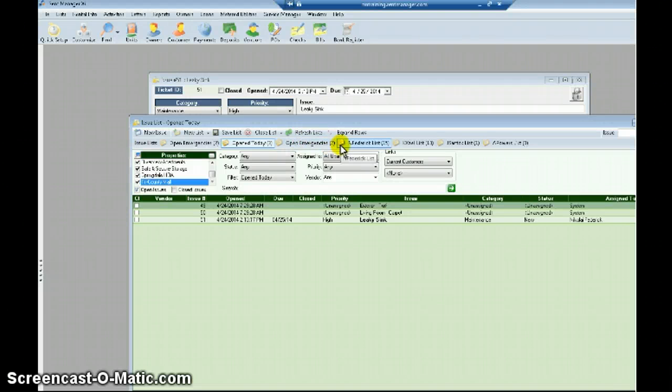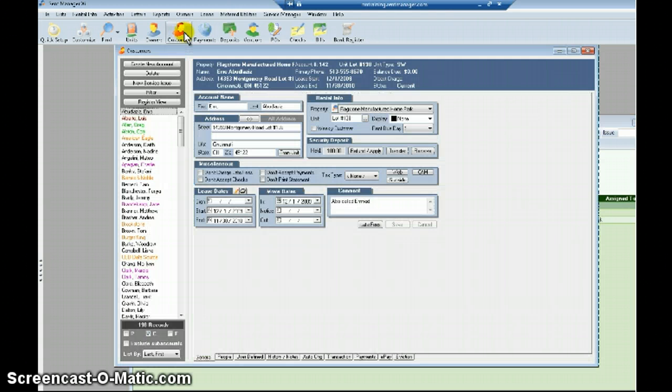Notice that when I go back to my issue list and open my opened today issue list, Leaky Sink shows up, because that's a service issue that I created today. So what are some of the advantages of creating those links on a service issue? Well, the first one is that any account that had the link on it is now going to show it on their